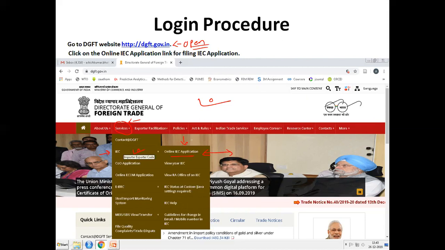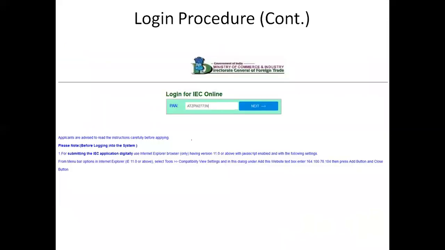So the first step is: open the DGFT website, click on the service tab, then go to IEC, and then IEC applications. Once you click on that IEC application, a new window will pop up like this. Here you need to enter your PAN number.